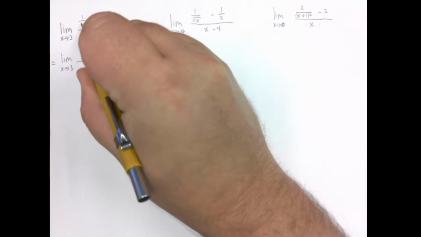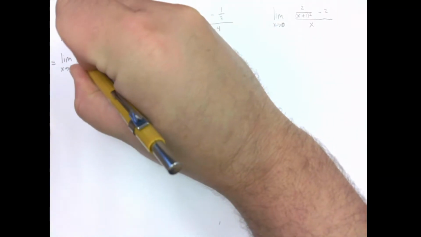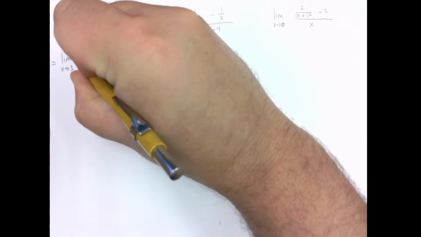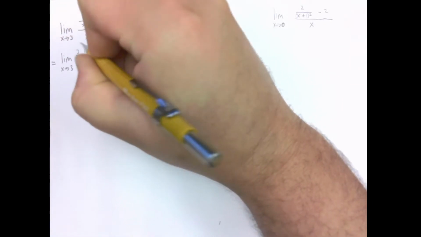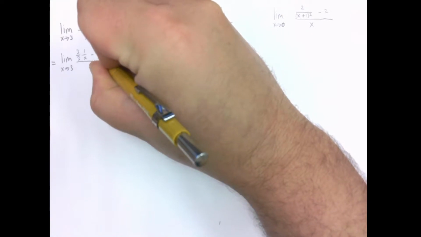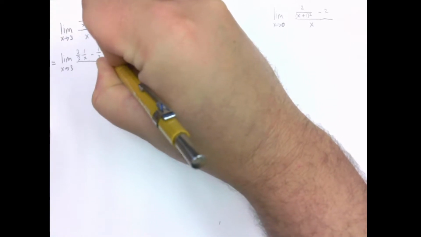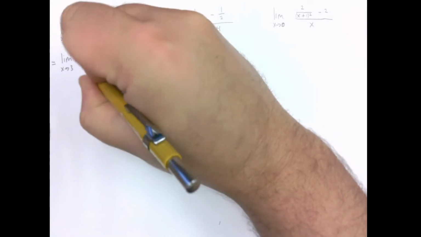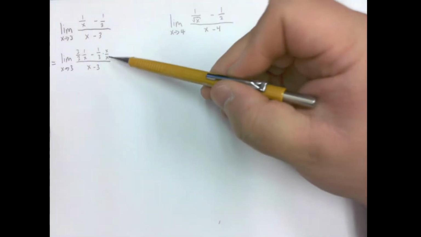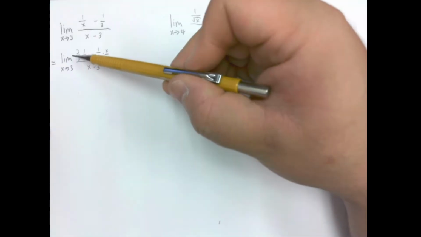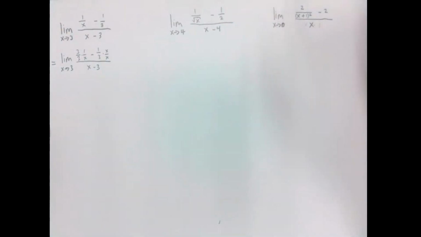So I need to multiply this fraction by 3 over 3, and multiply this other fraction by x over x. Remember, if you multiply by x divided by x, or 3 over 3, you've multiplied by 1,